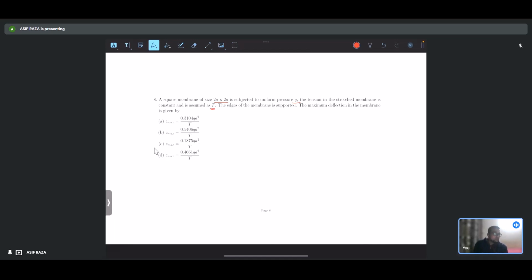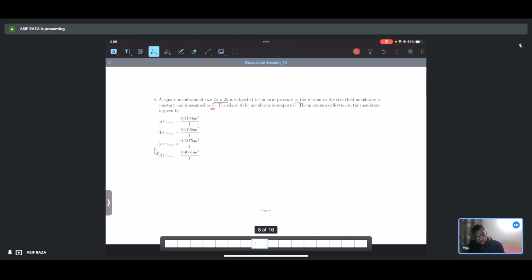So, as you have all seen in module 8 lecture 1, in the last part, you have seen that the displacement is given by z is equal to